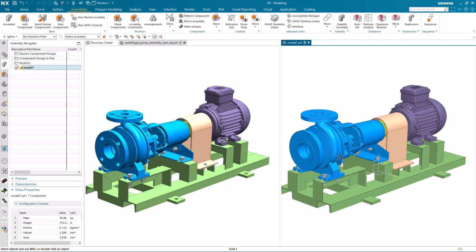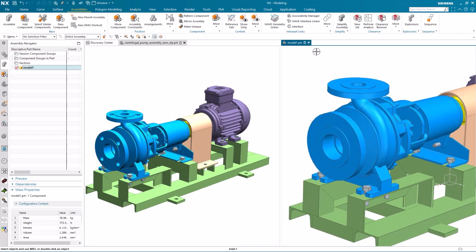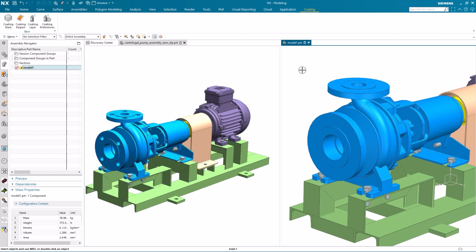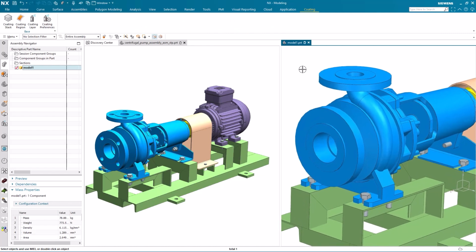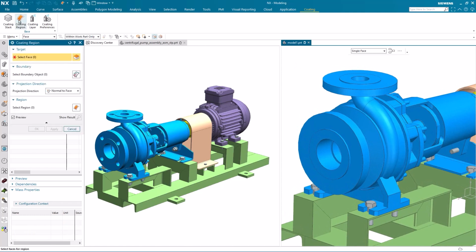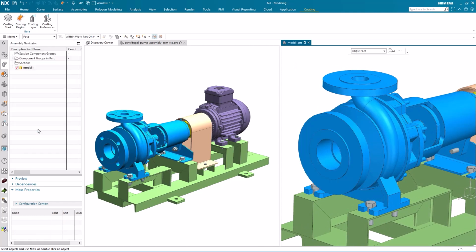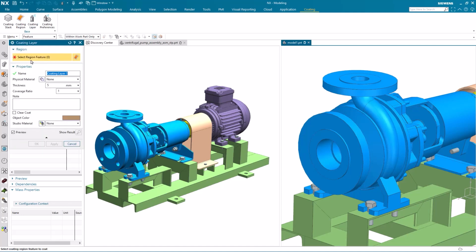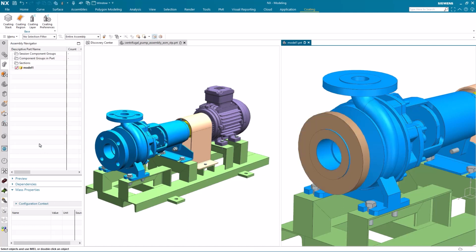So if I decide that I want to add, let's say, a coating to this particular body, so let's pick up on some faces here. So that's my coating region defined. I'm now going to add a coating layer. This has got a thickness of 5 millimeters.